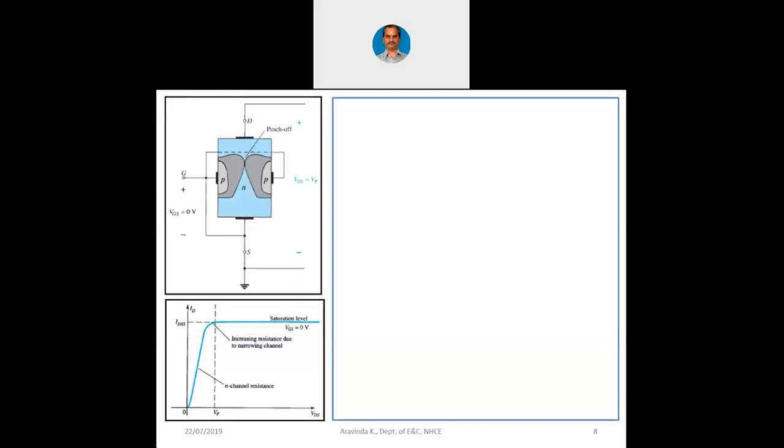That is why it is called a field effect transistor. It is working through the electric field. Control is by the electric field and control is not by the gate current. Whereas in BJT, the control is by means of the base current. So if the basics of the FET are thoroughly understood, let me proceed now.